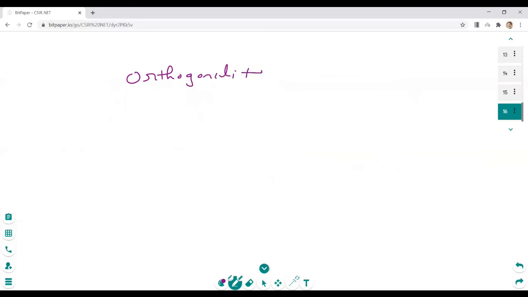Just don't think I'm putting in some words. You have to learn every single word, it is important. Keep all these words in mind, and if you want, make a note. All these are important: orthogonality, normalization. Their questions can come directly from this. Are these functions orthogonal? Is this function normalized?